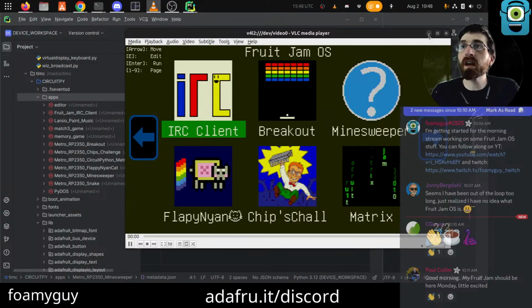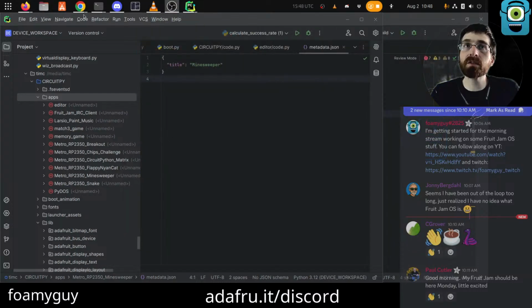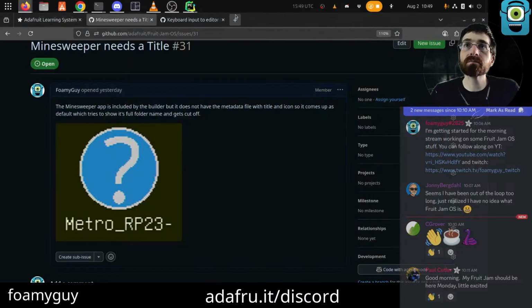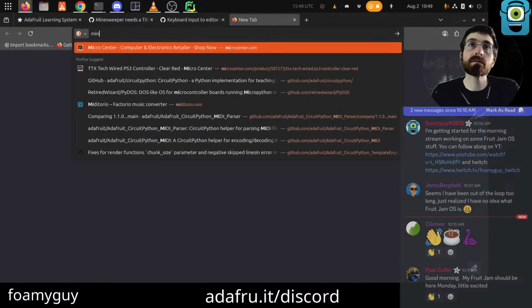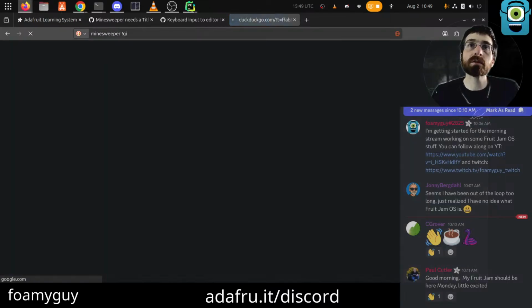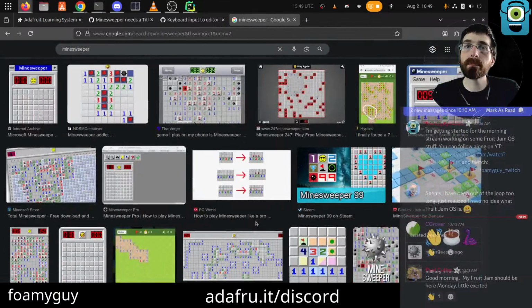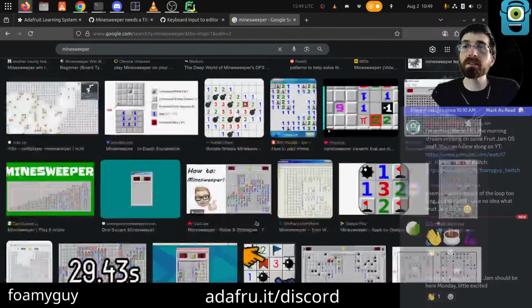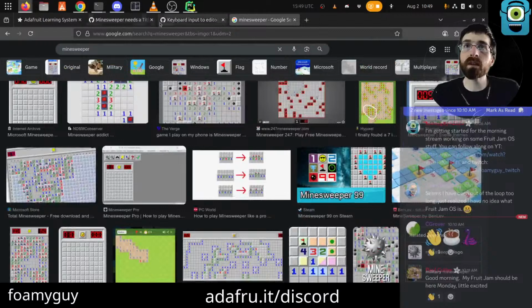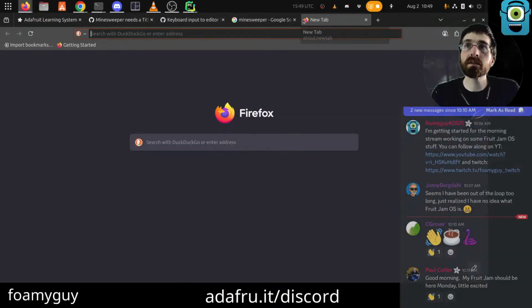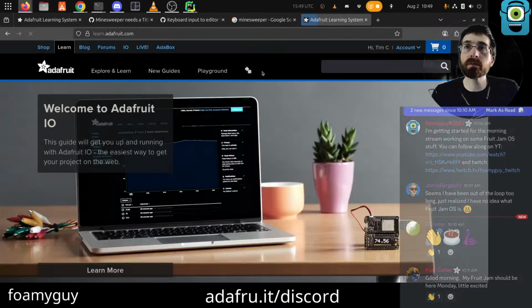Okay, and then for the icon, it would be cool to have something. It's usually the spiky ball, right? Comes back if we just image search that. Game board. I feel like the spiky ball is pretty well recognized as Minesweeper, right?